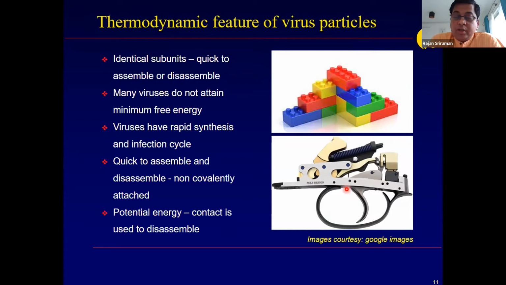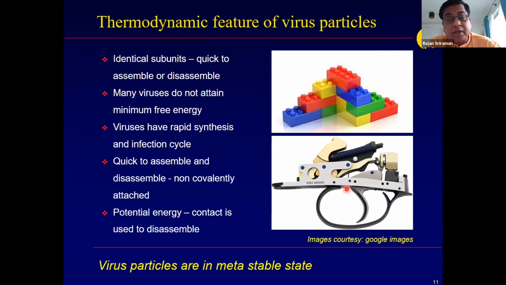Sometimes it can cause that much damage. We are already witnessing coronavirus does that. So in a nutshell, a virus-like particle is in a thermodynamically metastable state. These are all very critical information when we get into utilizing this technology